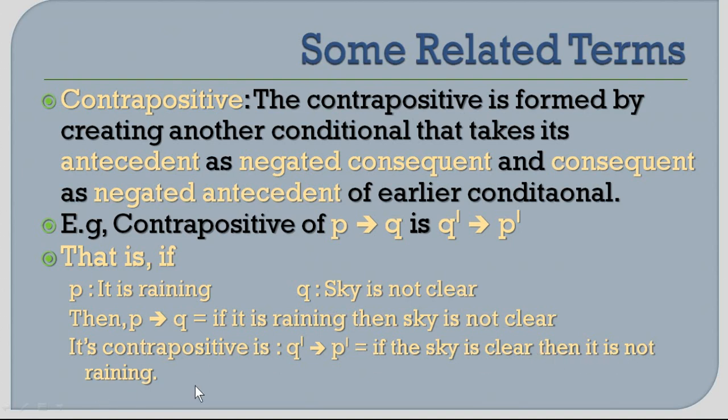Okay, very simple. So you have to remember what is what, right? So remember it. For converse, you are going to interchange antecedent and consequent. For inverse, you are going to make it as negated antecedent and negated consequent. And contrapositive, you are going to mix both. Antecedent you are going to make it as negated consequent, and consequent you make it as negated antecedent. So this is how you are going to write in exams.